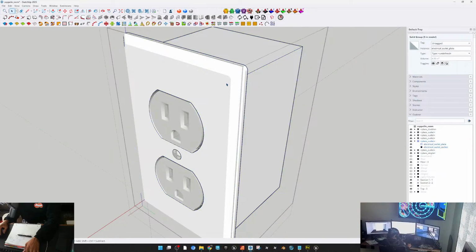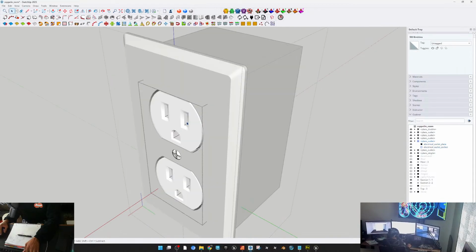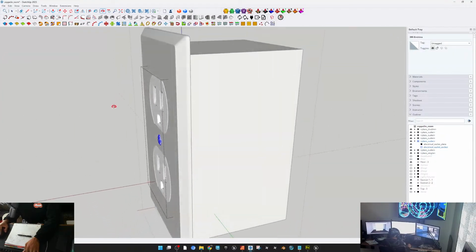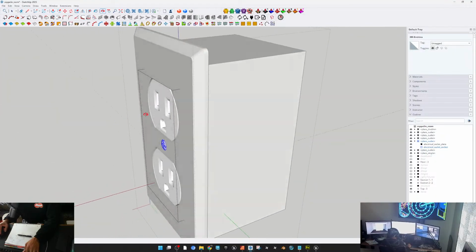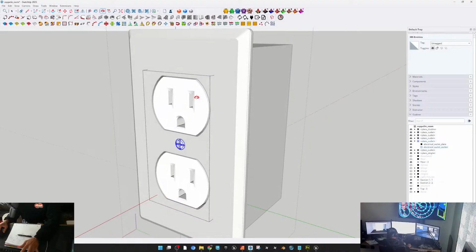Let's see. You've got the box, which is 1 mesh. You've got the receptacles, which all act as 1 mesh as well. So technically these are 2 meshes. If there are 2 meshes and each mesh has 3 materials, that's 6 materials plus 2 meshes, which is 8 draw calls